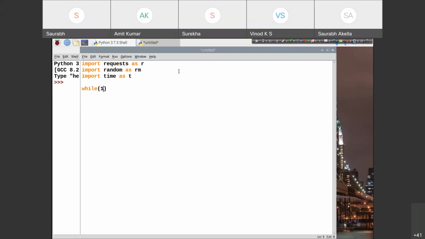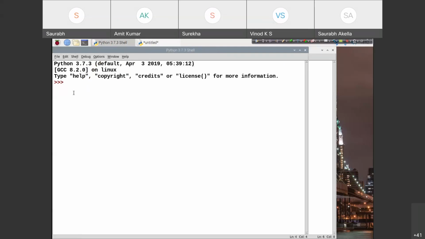While 1, let's get the random data. D is equal to R. Let me show it here. Import random as RM. So rm.random is a function.